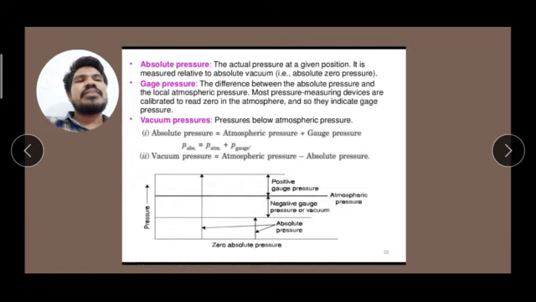Most pressure measuring devices are calibrated to read zero in the atmosphere, and so they indicate gauge pressure. And third one, vacuum pressure, the pressure below atmospheric pressure is called the vacuum pressure. And the vacuum pressure is denoted with